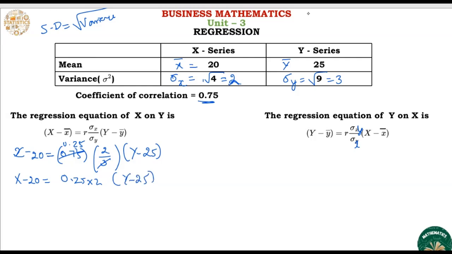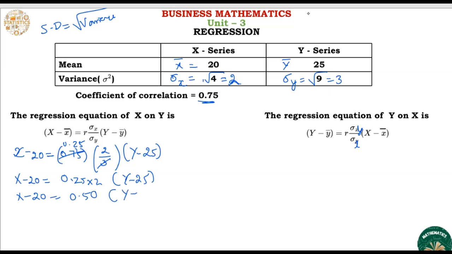So now if you multiply this, it will be x minus 20 equals 0.25 into 2, that is 0.50,